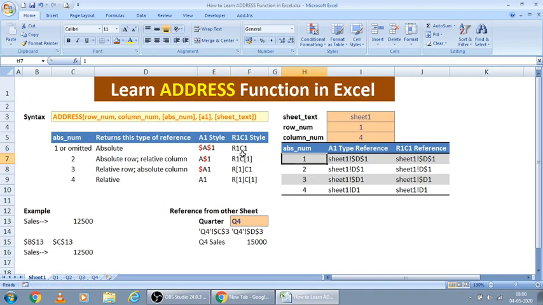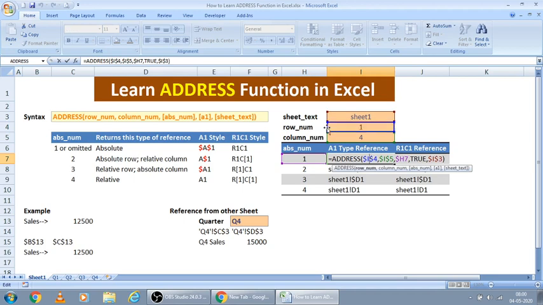I have built a template here to play with this address function. Here I can give inputs like sheet name, row number and column number, so automatically that cell reference text will be shown here. Let us see the first one. In this address, the row number is linked to this row number cell, and this column number, the absolute reference number is this one here, and A1 type is true or false.